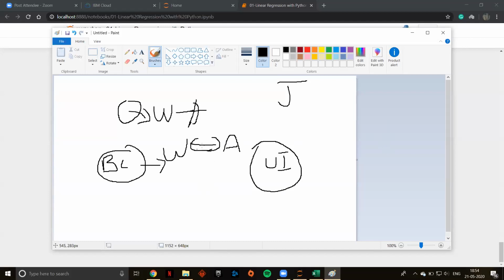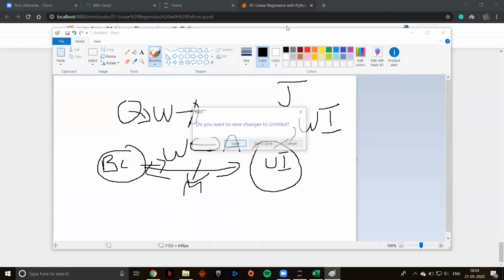You're going to use Watson Studio, store that model in Watson Studio, and connect the UI to Watson Studio. This UI is nothing but your web interface, right? Got it? So using the web interface, you're going to access the model and get the predictions. Everybody is with me right now? No doubts, right? So, done.